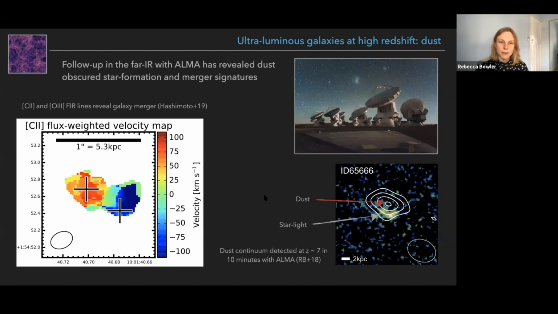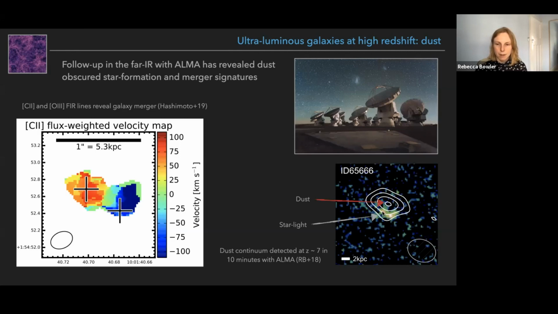And so over the last few years, there's been more and more detections of dust. This has been mainly due to this amazing telescope called ALMA here on the right, which is an array, sub-millimeter array, and this facility can detect the far infrared emission from high redshift galaxies. So in the first plots I showed, that dust bump, that's what it's detecting. And on the bottom right here shows you a Redshift 7 galaxy where we have detected dust. So again, putting limits on how this dust is produced in the first 1 billion years.